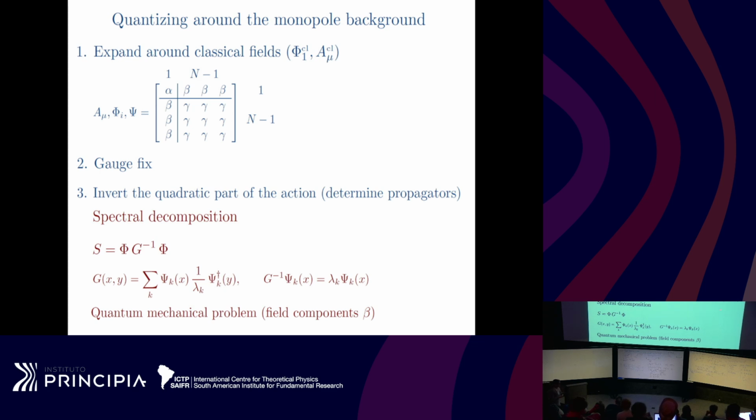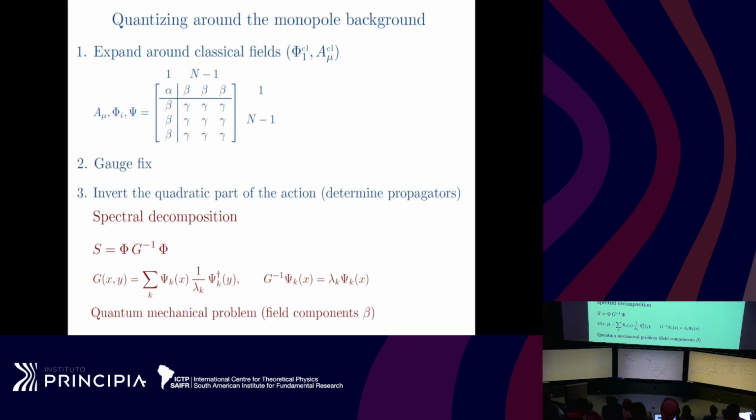Then to set up the perturbative program, you have to invert the quadratic part of the action of the theory after gauge fixing, of course. And this is where the quantum mechanical problems come into the game, because what you need to do is to invert the quadratic part of the action, which I've written here in a schematic form, where g^-1 is the inverse propagator. So to find the propagator itself, you can solve for its eigenfunctions, and then you can find the propagator by doing a spectral resummation like that, where you take 1 over the eigenvalues, and then you do an outer product of the eigenfunction. It's a textbook method which we apply here to do the quantization.